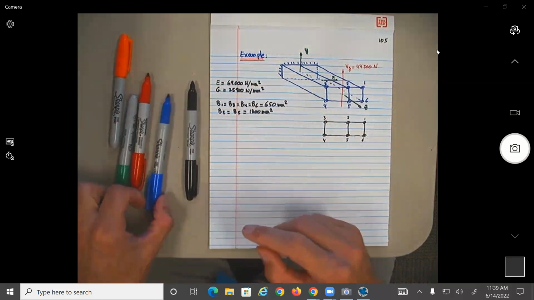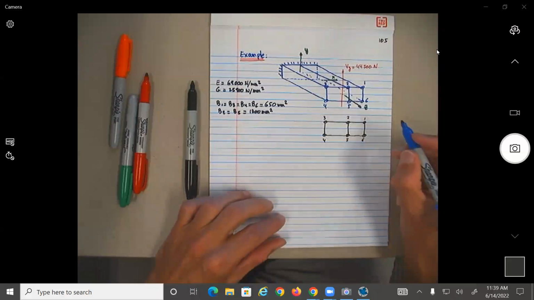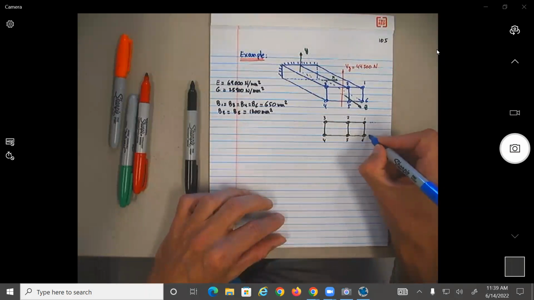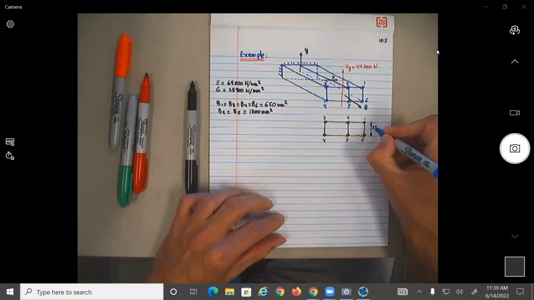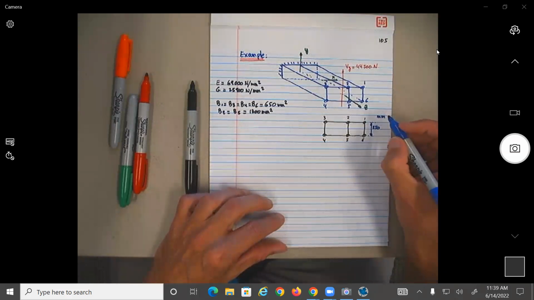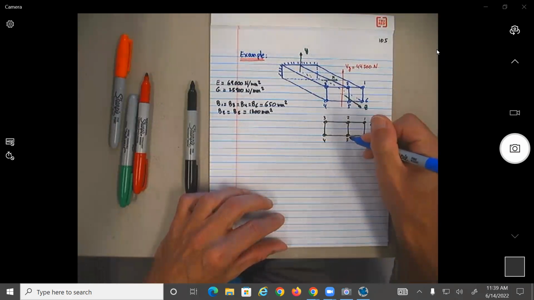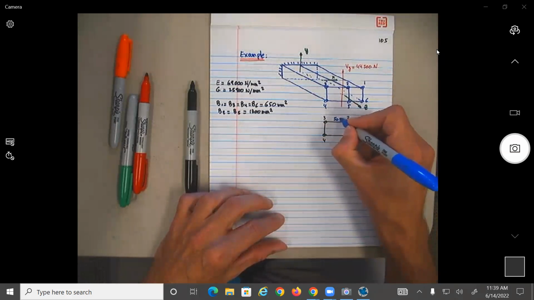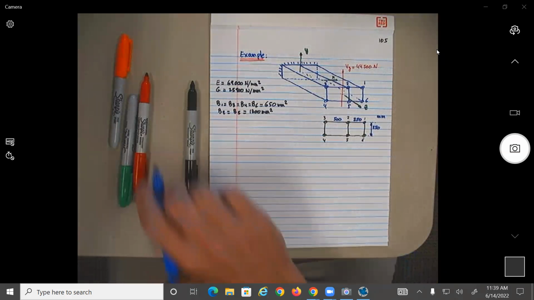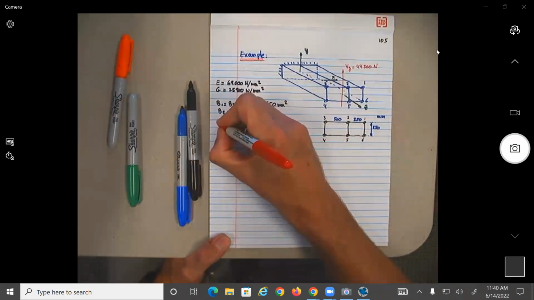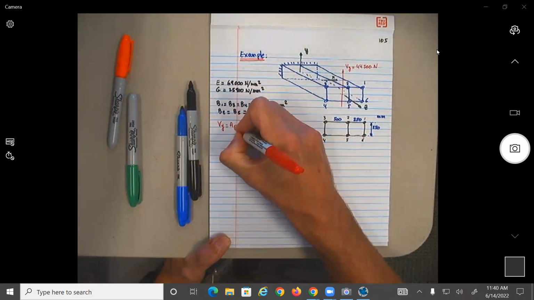So that distance over here is 250. All these will be in millimeters. So it's 250, 250, 500. Okay, and let's say Vy, I'm going to say here, Vy